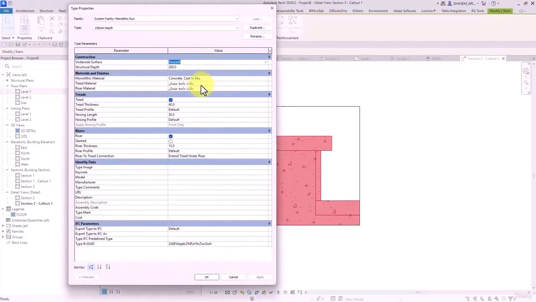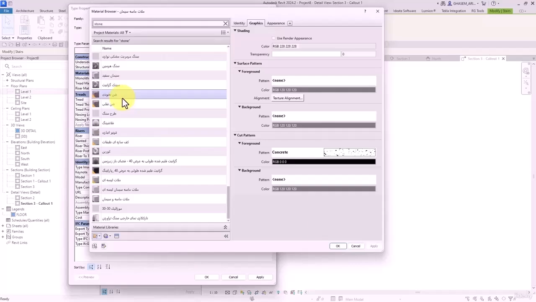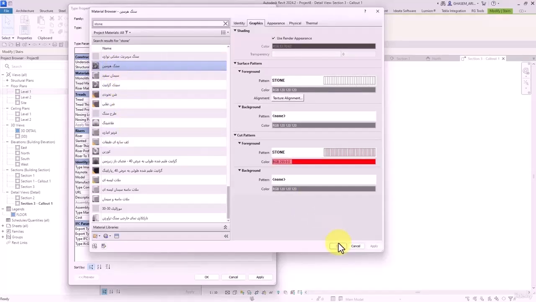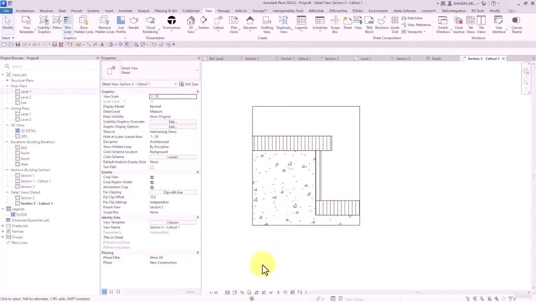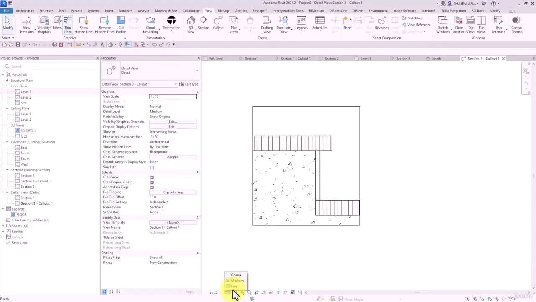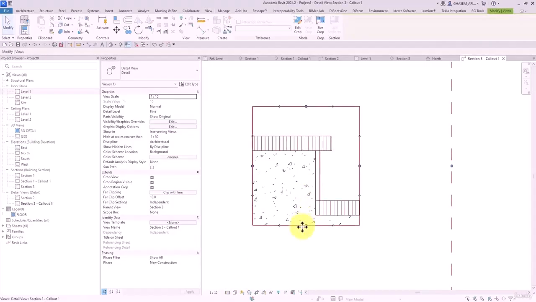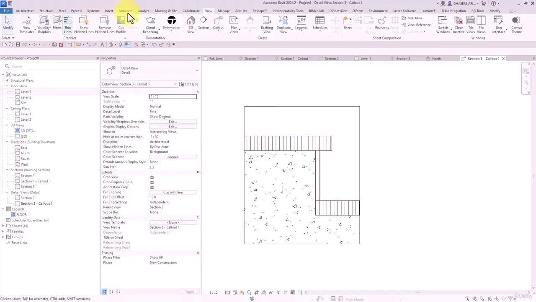Here the stone is obvious, so stone material, here we have mortar, and here the stone, this one, then I copy this for the bottom one as well. Okay, like this here. Now to be able to